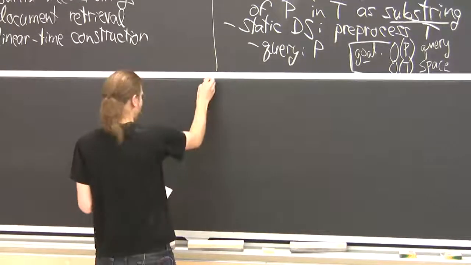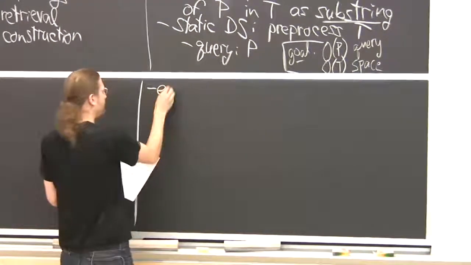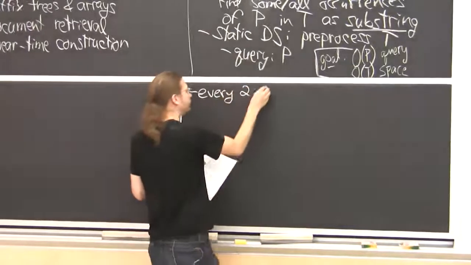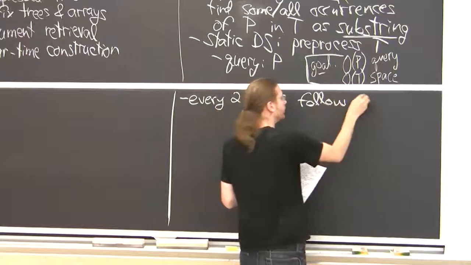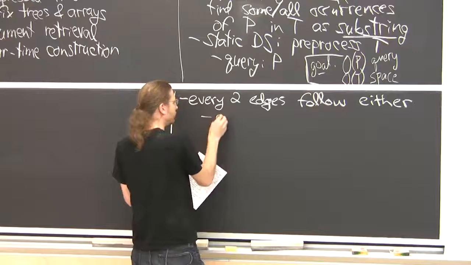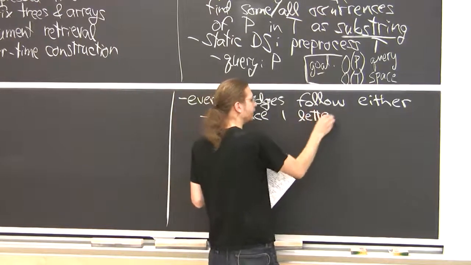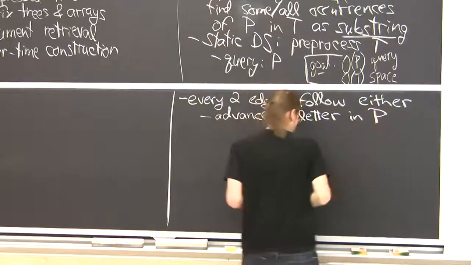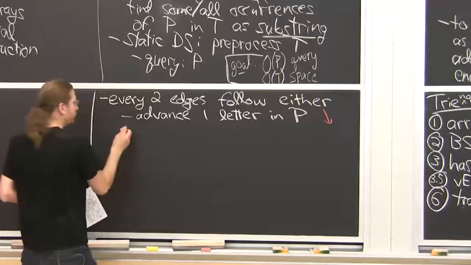So what's the claim? Claim is every two edges you follow, either advance one letter in P. These are the red edges that we want to follow. So if we follow a red edge, then we've made progress to the next node. So this would be following a red edge. Or